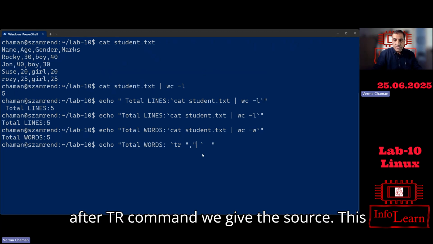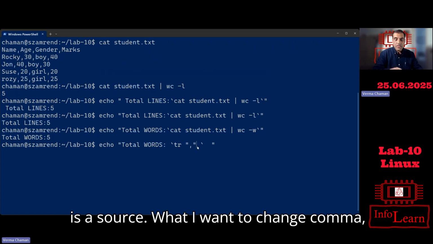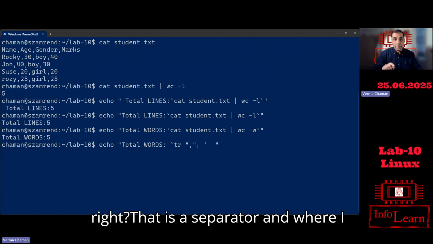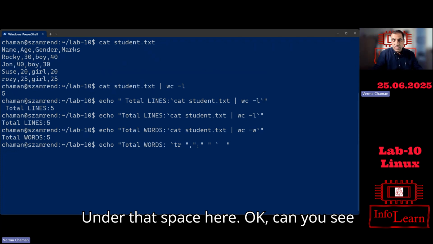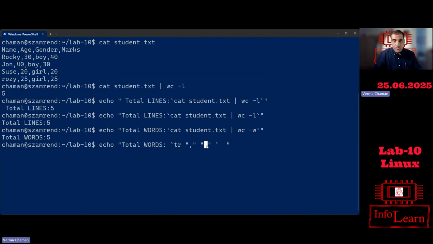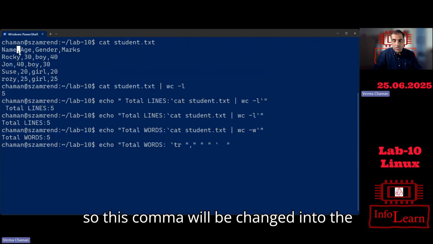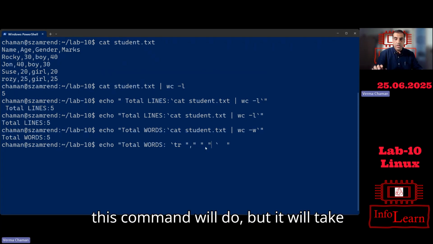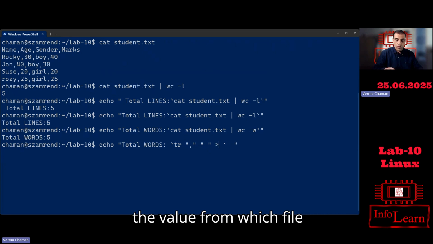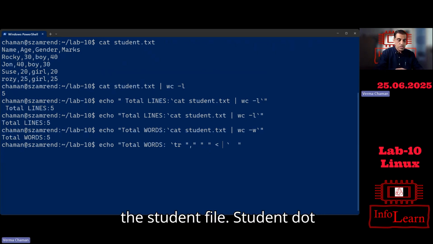So please see, after the tr command we give the source. This is the source. What do I want to change? Comma, right? That is a separator. And what do I want to change it to? Under the space here. Okay, can you see right now? This is a space, I put it here. So this comma will be changed into spaces, right? So this command will do that, but it will take the value from which file? The student file,